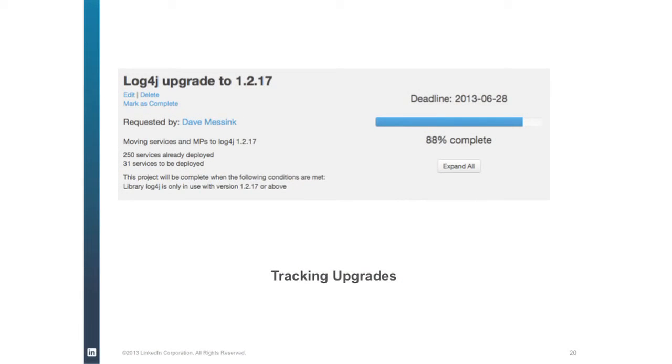At the same time, we have a tool for project managers, product managers, etc., or just engineers to be able to say, on this date, everybody must be at least at this version or have picked up this thing. This is what we use when, for example, we find a critical bug or security flaw in the code.